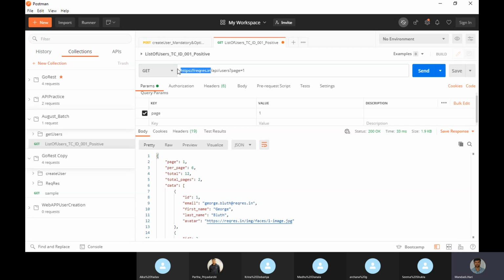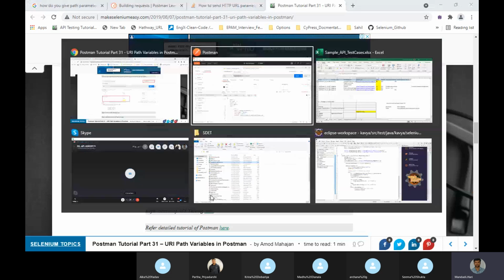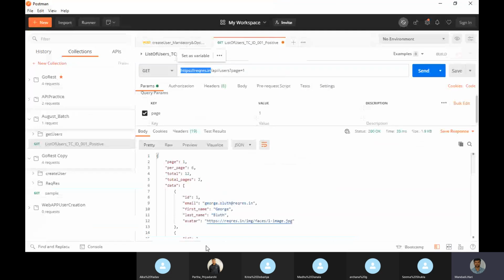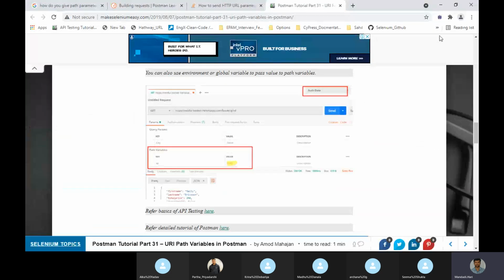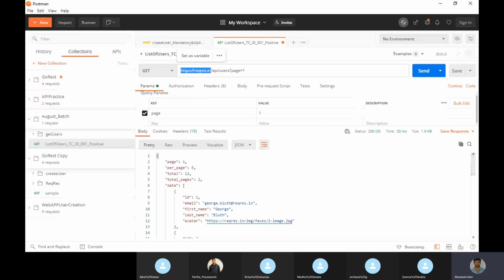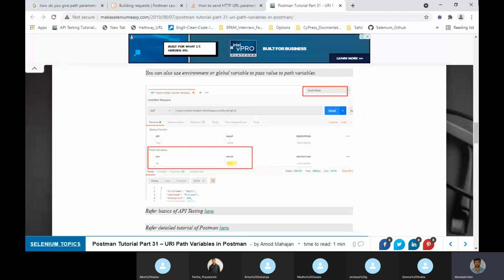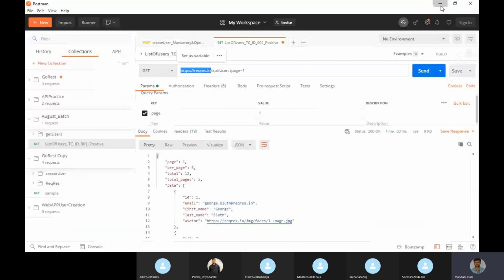So how it comes, we need to copy till where you wanted to keep in the environment variable. You need to understand by seeing the URL which is the base URL and which is the endpoint URL.